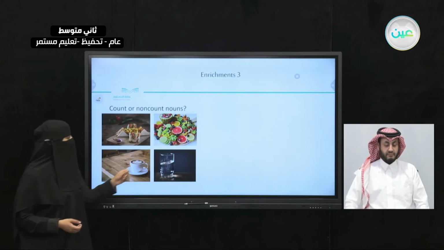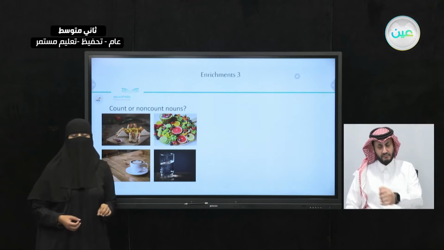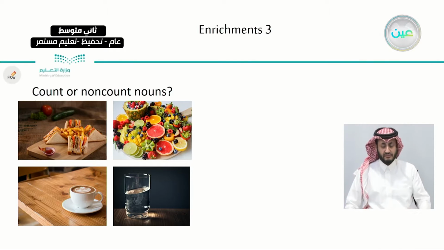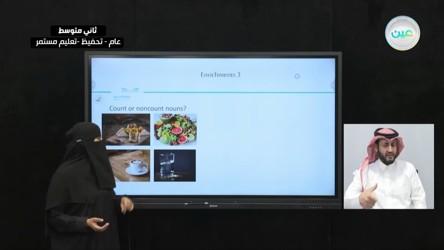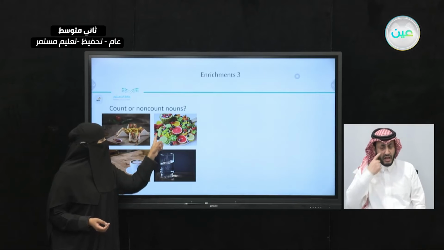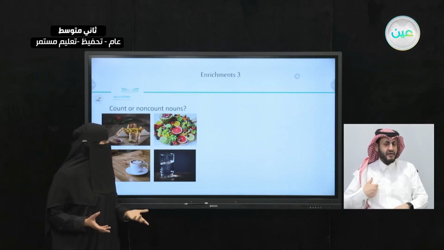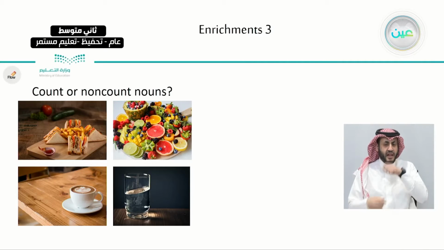Now, how about this picture? The second picture. What can you see in the second picture? So here, I can see kinds of fruits. It's not like the sandwiches. But what are these fruits? Can you name some of these fruits? I'll try. I can see a pineapple, a grapefruit, berries, strawberries. I can see a lemon, mangoes, and I think this is kiwi. See? I can see some fruits here in the picture.